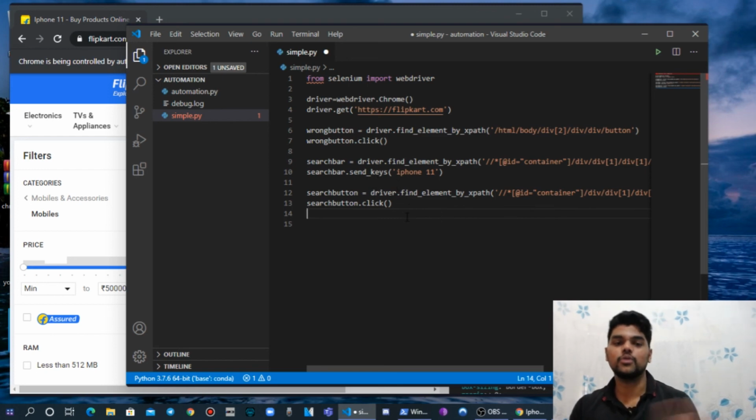I hope you understand the whole concept behind this automation. You just have to import WebDriver from the Selenium package, and if you want to open any website, assign Chrome to a variable and open the website you want by giving a get request, and you can assign any element to variables, and after that you have to give some functions to that variable. That's it guys, it's a very simple concept. You can try much more things with this automation, like funny things. Just search on Google what automation projects you can do with Selenium, and you will get many more programs and projects. You can try those.